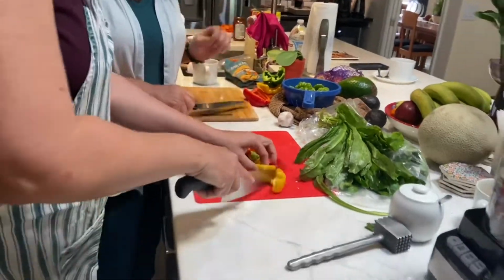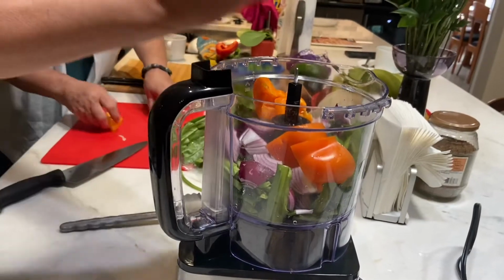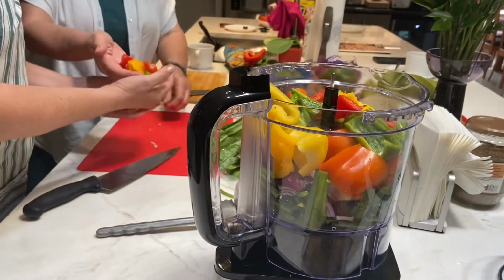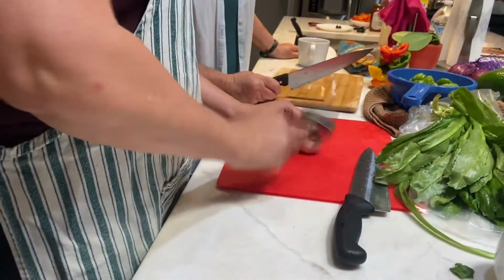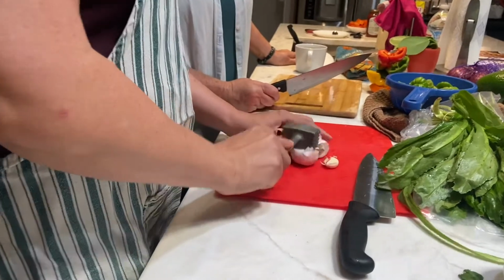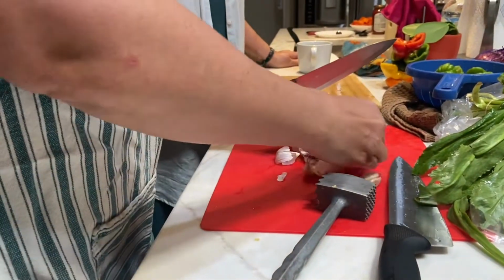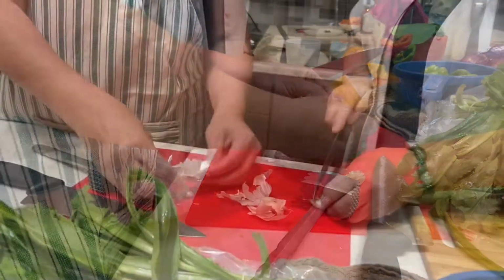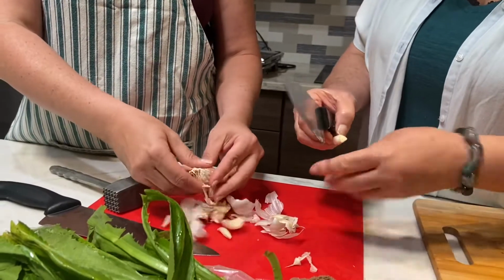Yeah. Very good. And we're going to put these inside as well. Bingo. Okay. Perfect. So I don't know how you do this, but this is how I do it. I smash it. And you see how it comes out easy? These are very small in here. This is interesting. But you can see the difference between...